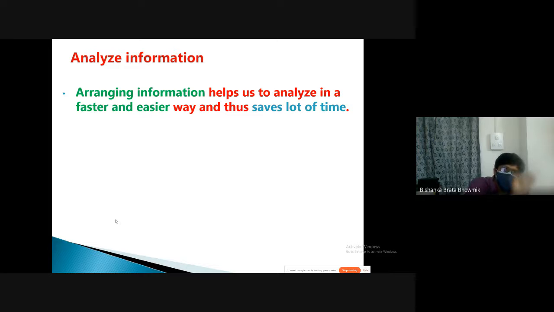Give them the task, and say they took at least 10 minutes. After the data has been arranged, you can show them, okay, now the data is arranged, now find the number, and it may take only 2 minutes. So they can understand that if we do it in an arranged manner, it will save us time. The main motto is that they understand what we are doing, if we do it in an arranged manner, it will save us some time, and it will also be easier and faster.